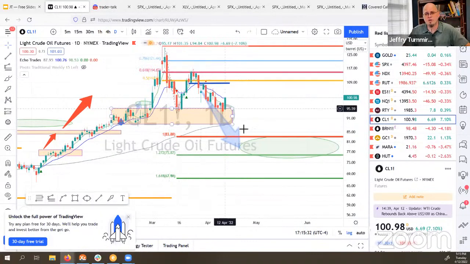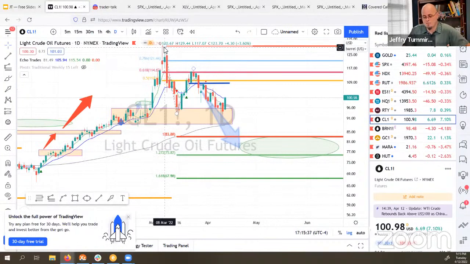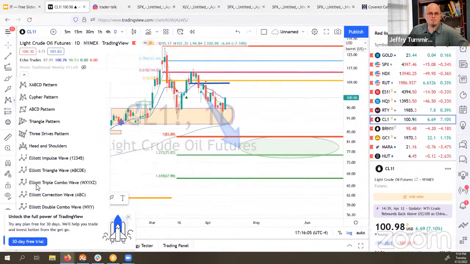And it has a corrective pattern, and this corrective pattern points to this area where, just rewind your mind back to the beginning where I was talking about the A move and the C move. Well, at 83, the A move and the C move are the same size. And down there at 75, they're 1.272. And all the way down at 67, it becomes 1.618 times the A move. The C move is 1.618 times the A move. And let's see if I can find the tool here that labels that, just so I don't leave any confusion here.